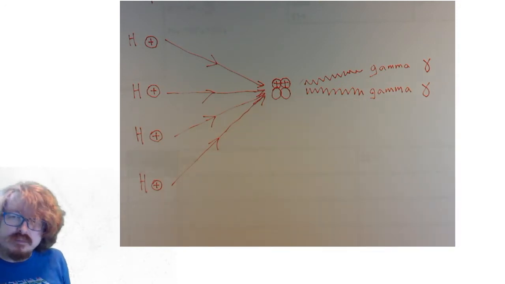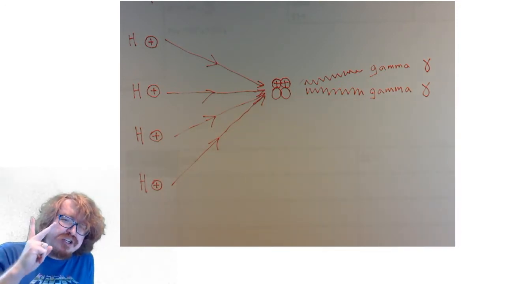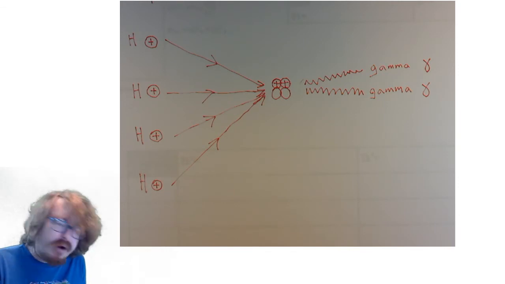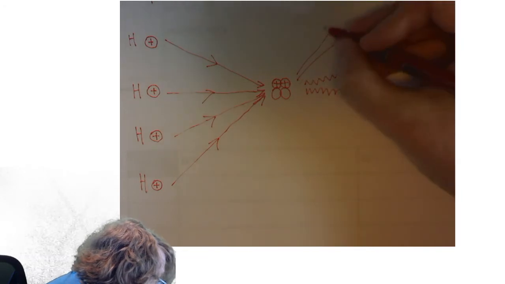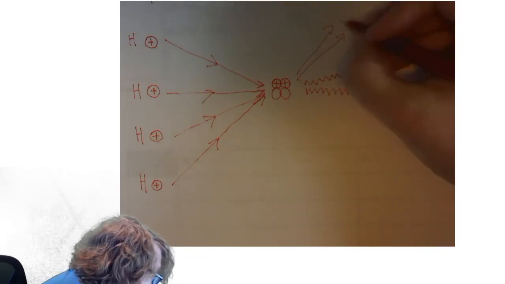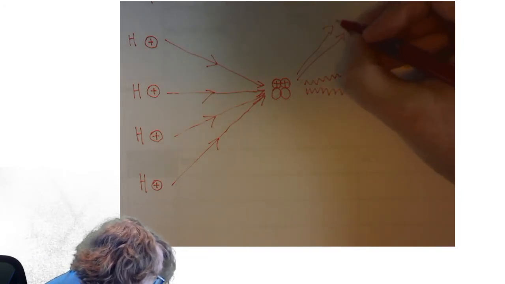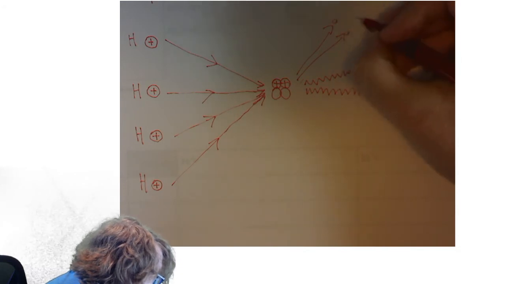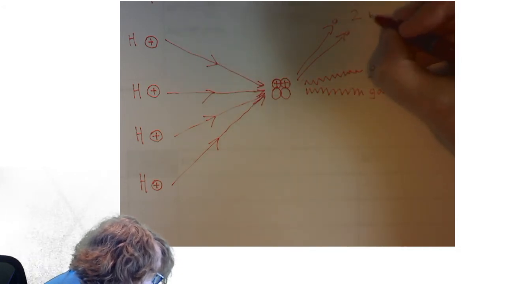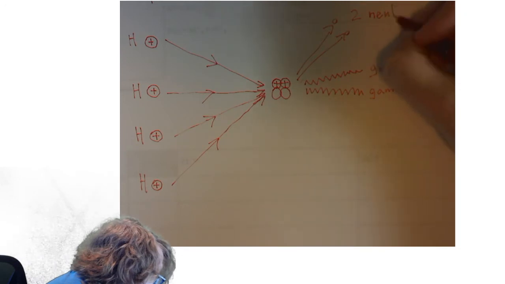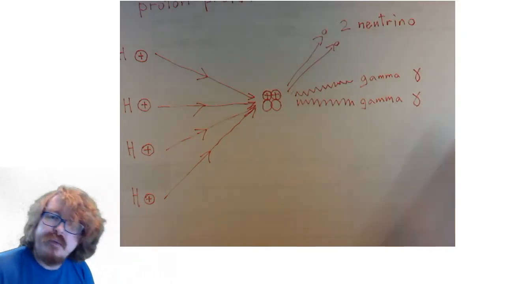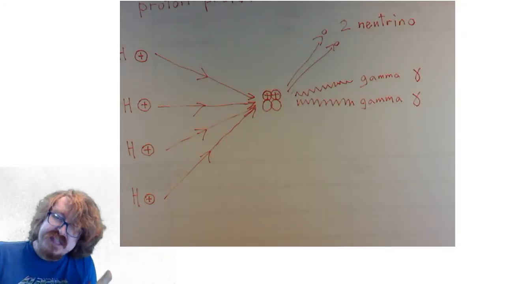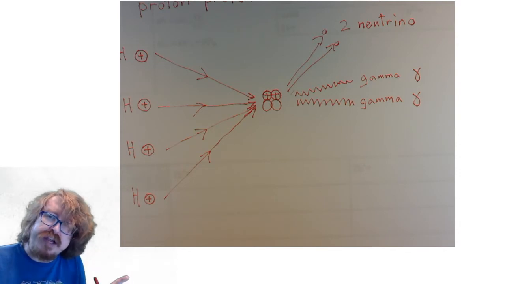But that's not done. It also produces 2 other weird kinds of particles. So here we go. Popping out also are 2 neutrinos. And I'll explain what these are in a second. This is not the same thing as neutrons. It's a totally different thing. 2 neutrinos pop out,